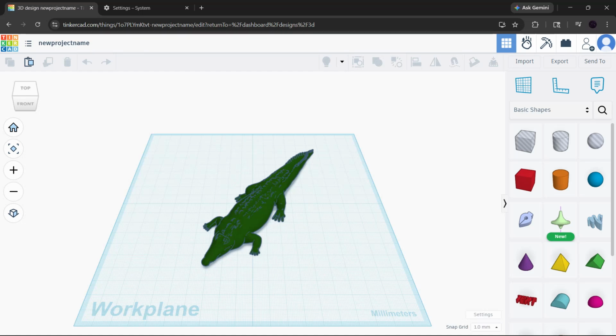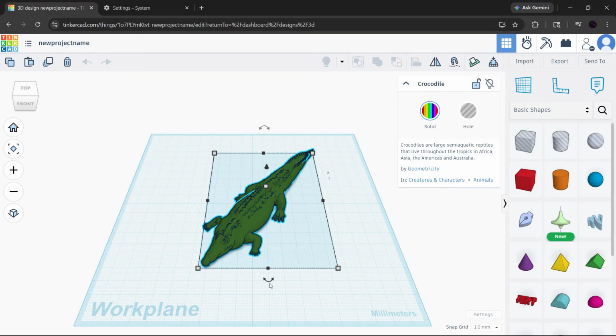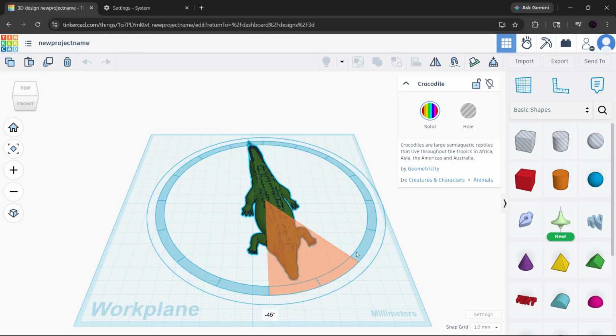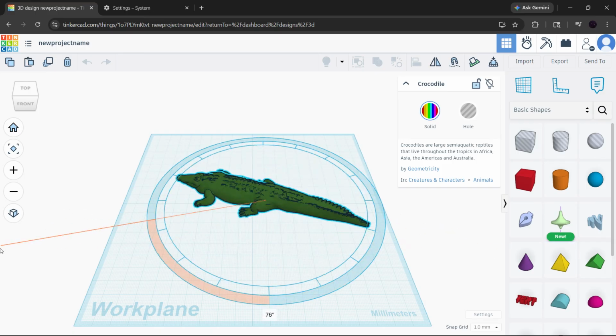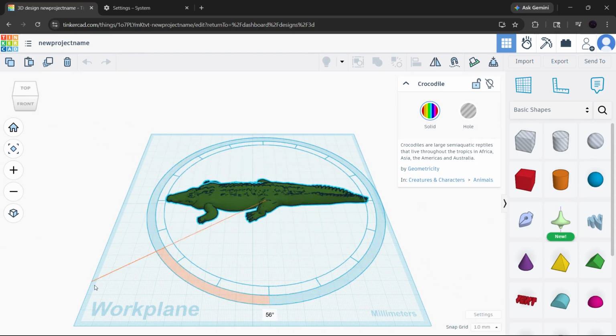If you're seeing a Tinkercad rotate object error, like the rotation arcs disappearing, the object jumping in huge steps, or the shape rotating the wrong way, don't worry. In this video, I'll walk you through the most common fixes so you can get rotation working again quickly and